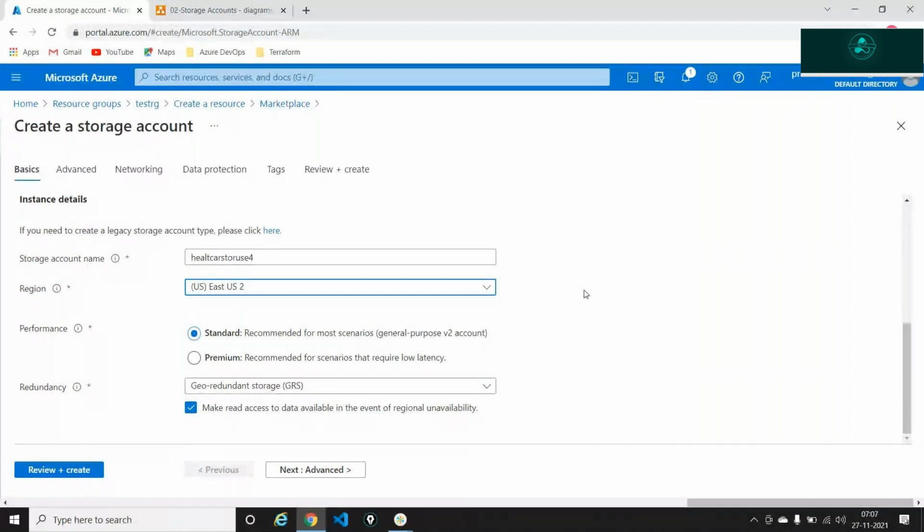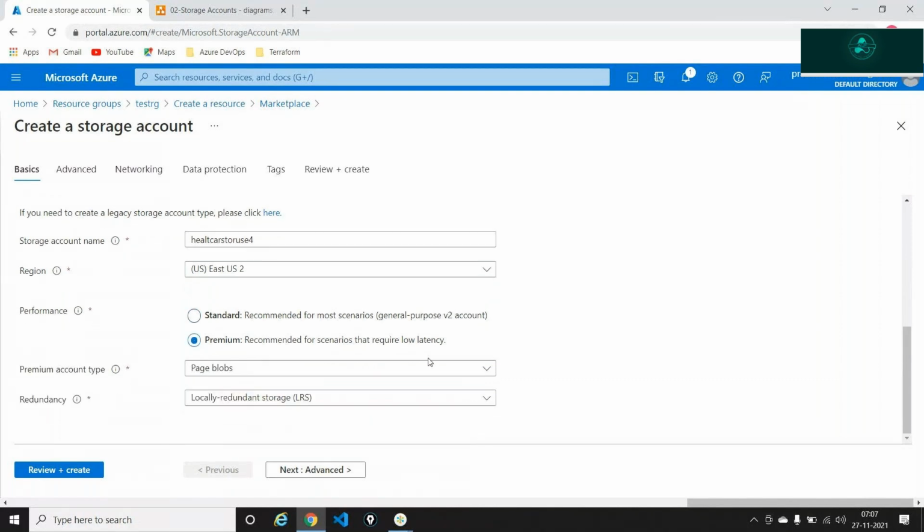Even in a real time environment, guys, we normally go for a standard tier. You may have a question: premium offers something like an SSD, so why don't you go for it? The performance difference is very low. You won't even be able to recognize that there is a difference or latency when you're going for standard. But the main reason for not going for premium, if I select premium here,